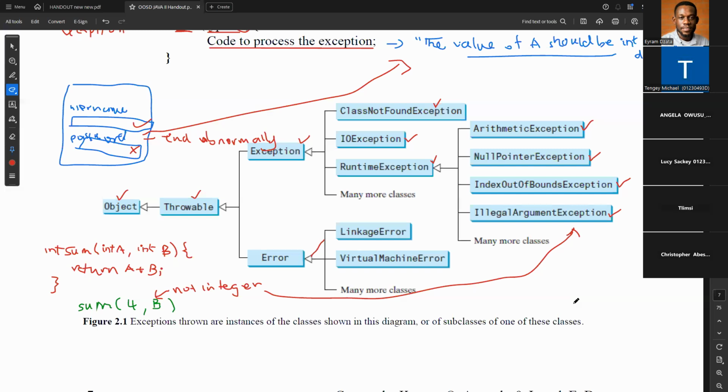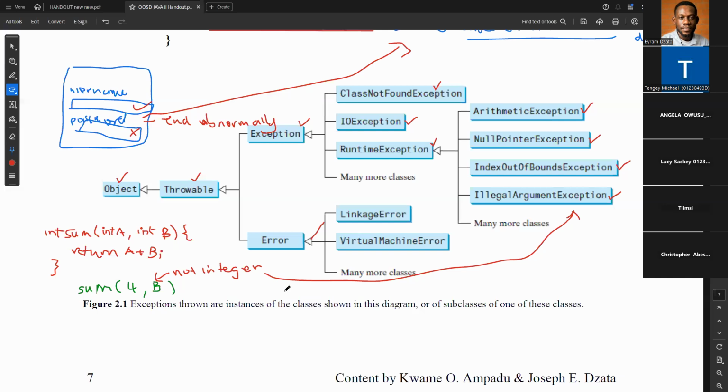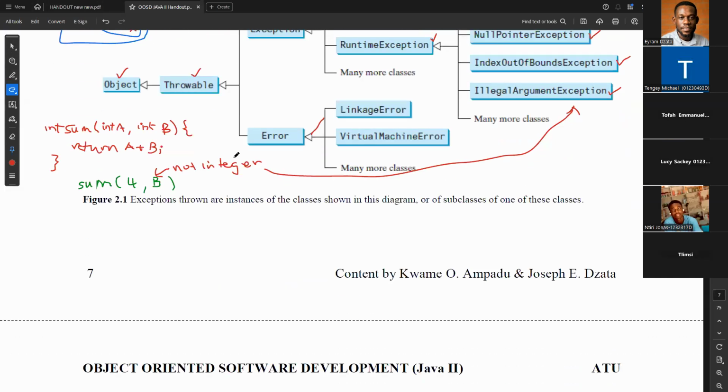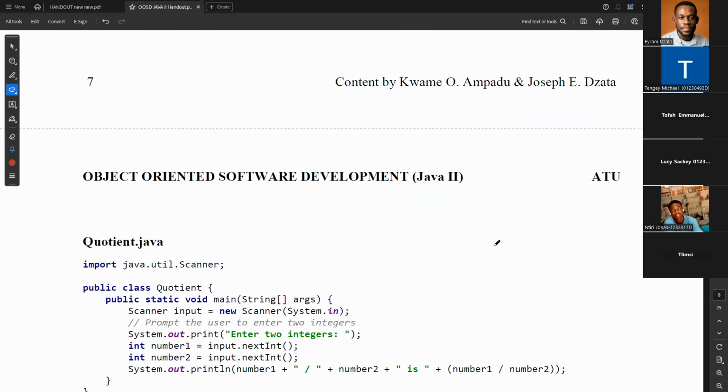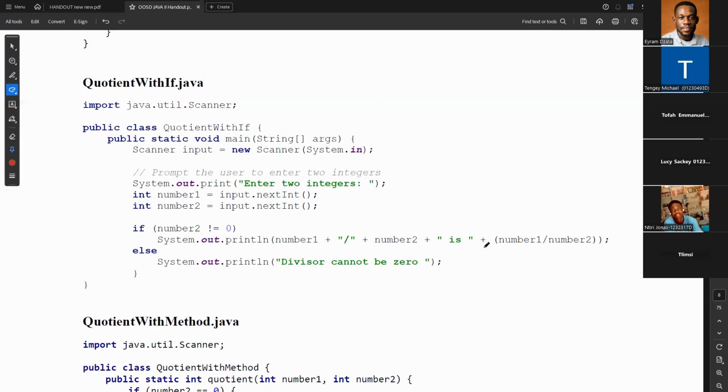Are we all here? Yes, sir. All right. So those are some of the exceptions in Java. You can go and search for more exceptions and how they are used. But for now, let's look at an example on the